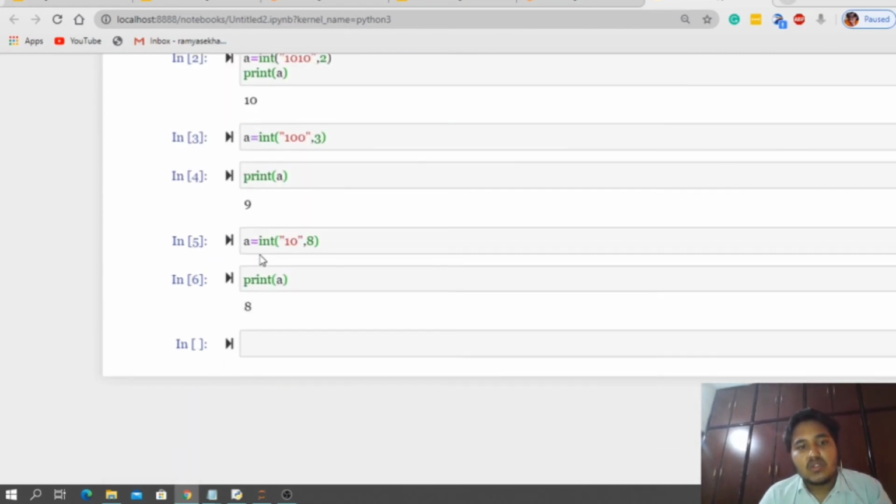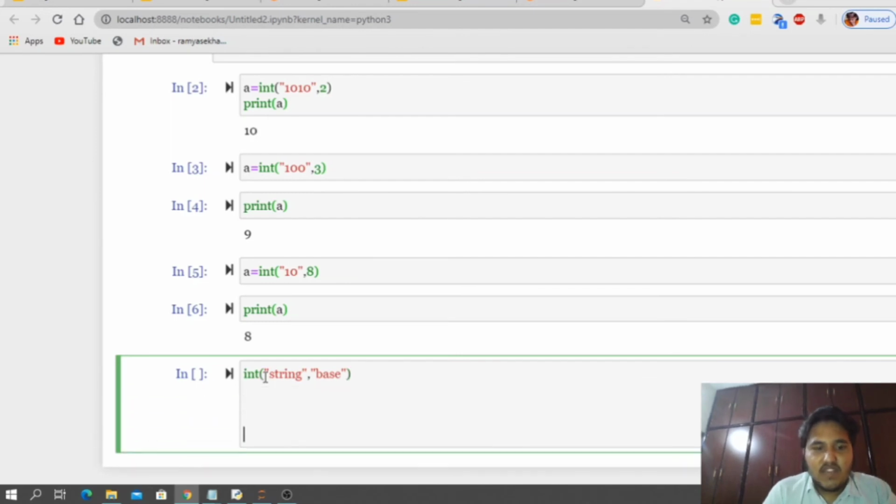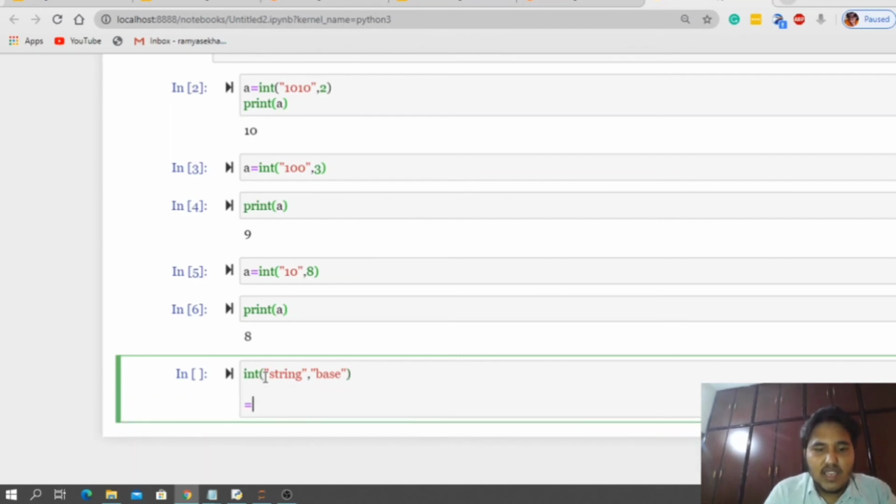See here. So finally what we need to take, the syntax for int function is take one string comma base. It will automatically convert the given base. What this function is doing, guys, it is converting the given base into the decimal value.